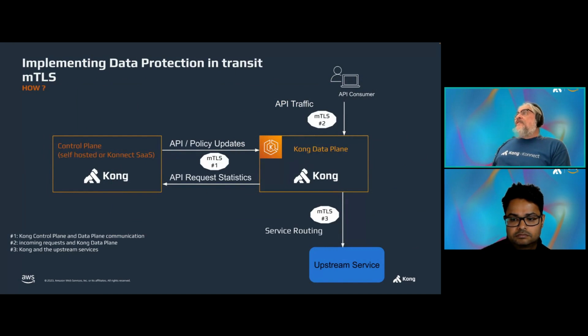Last but not least, data protection in transit. Kong implements mutual TLS all over. Basically, we have three main traffics or communications. That would be a better term for that. So three main communications. We have communication number one, where the control plane and data plane talk to each other. Every time you create an API,